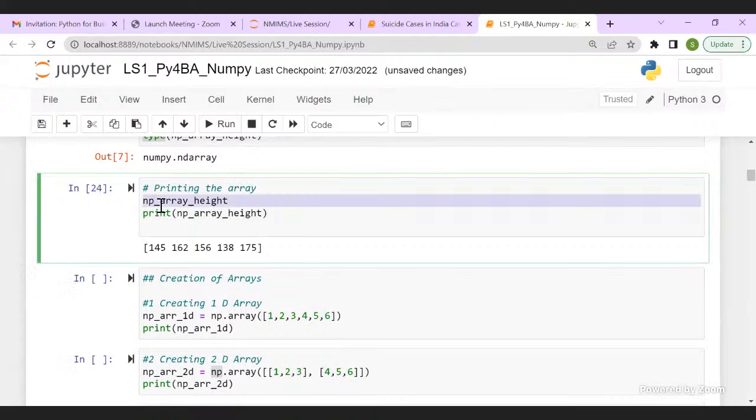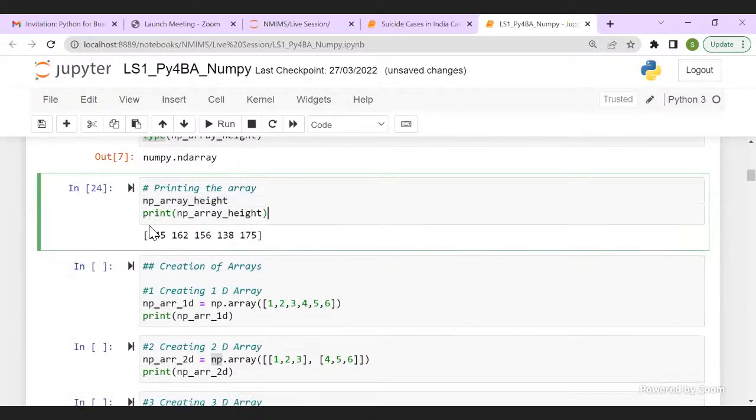I'm not seeing the output from the variable. So this is something you will get an output on your console only when your data variable is the last line of code in your cell. If it is not, you will not see the output.